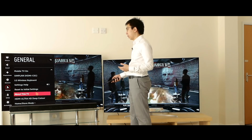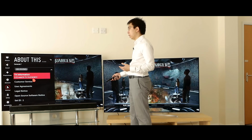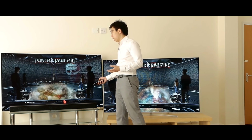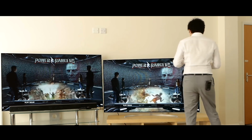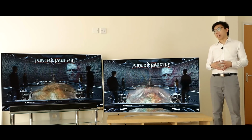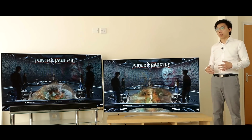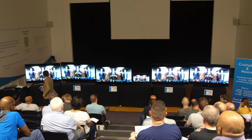So if I click about this television, you can see that this is the OLED 65B7V, which is the UK version of the B7. So we are using two LG B7s, which is the 2017 OLED television from LG Electronics, and it just so happens that this is the same TV that won the Best HDR category in our annual TV shootout